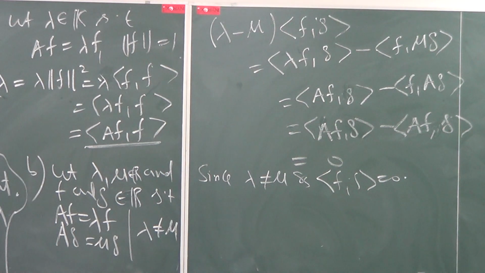So f and g real number? Huh? Eigenvector. They are eigenvectors. So if the lambda